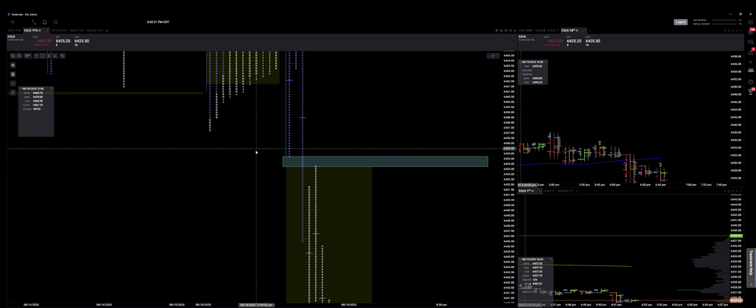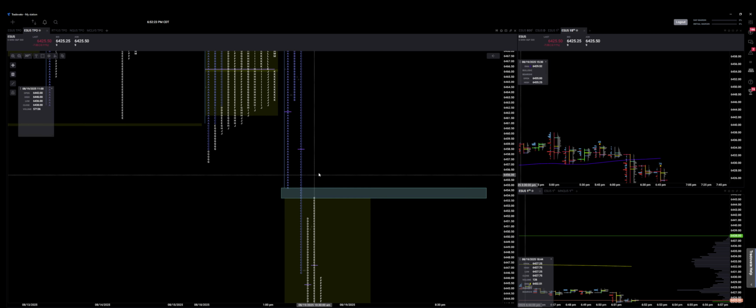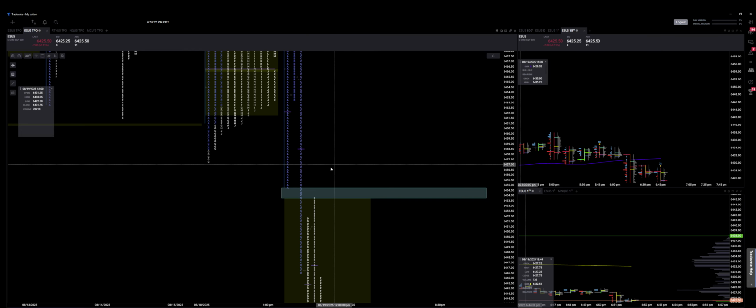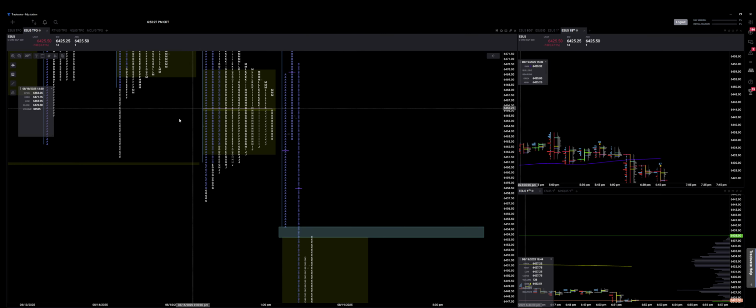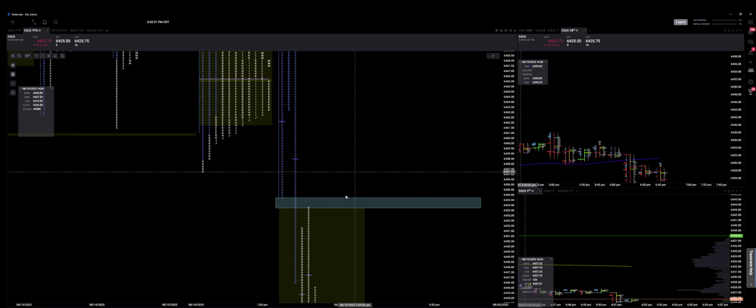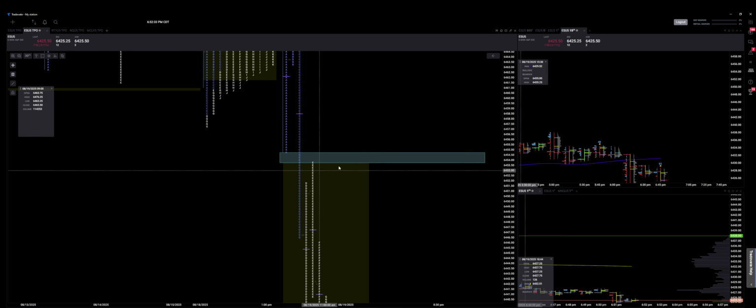One thing that would have been detrimental to the sellers is if we filled that set of single prints and found acceptance back above 57, then we might have played around a little bit more within that day's range and value area. But because we held that set of single prints, it was a